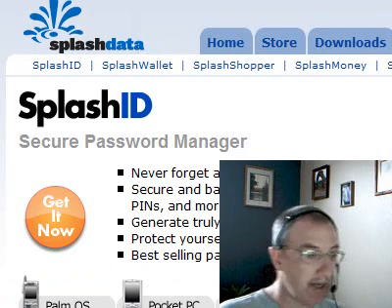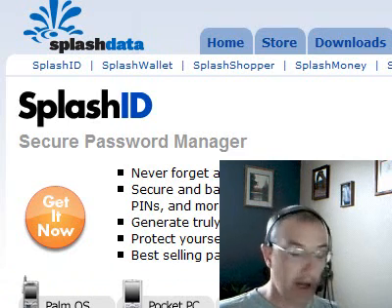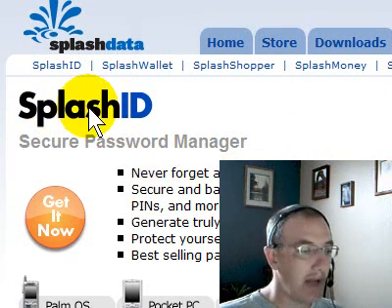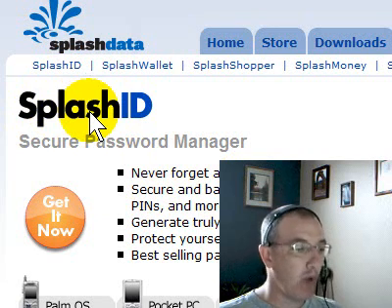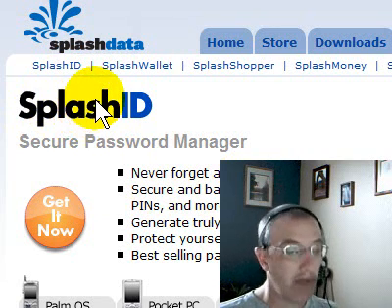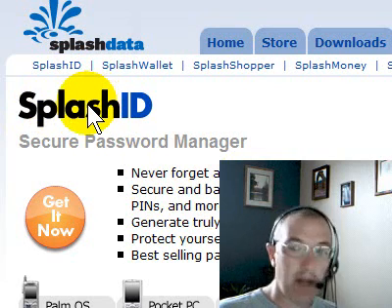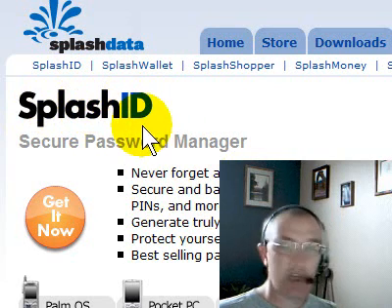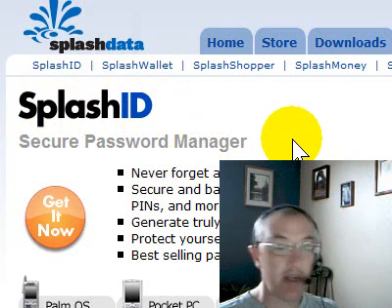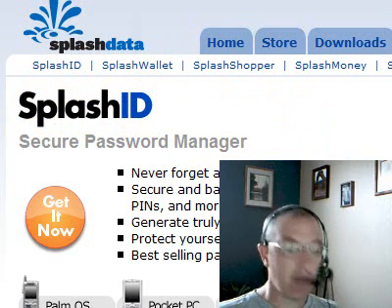The second suggestion I can give you is from a company that's been around a long time, with a software called Splash ID that has been widely accepted around the world on the PC platform and on the Palm platform for a long time. Splash Data, the company who makes Splash ID, has just brought this product to the iPhone and the Macintosh desktop. So you can check that out at